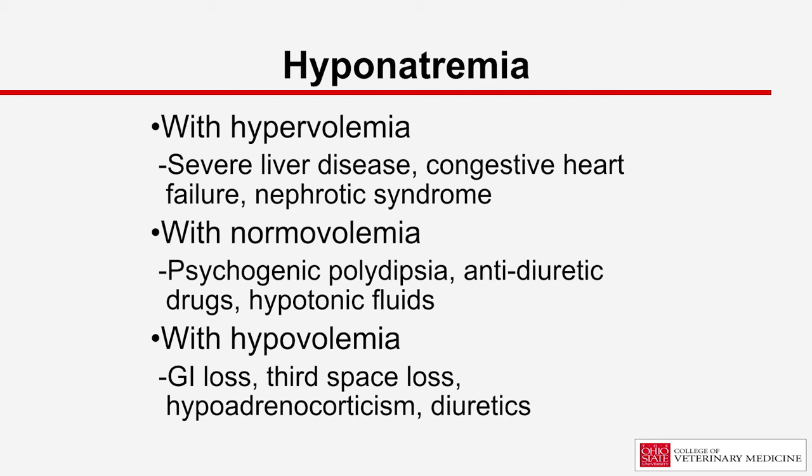Now, if you'd been listening to what I said earlier, you're probably saying, wait a second, on the previous slide, you just said you're gonna get hypernatremia when you have hypotonic losses, and now you're telling us that you can get hyponatremic with hypotonic losses and hypovolemia. How can that be? That's contradictory. It is contradictory, but the thing to remember, and I'm just going to jump ahead one slide for a second to talk about this,